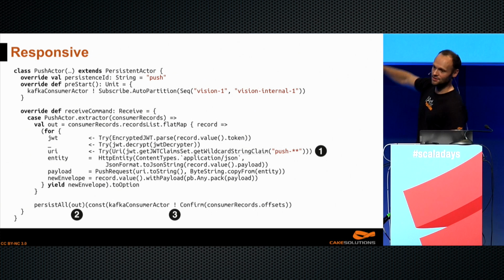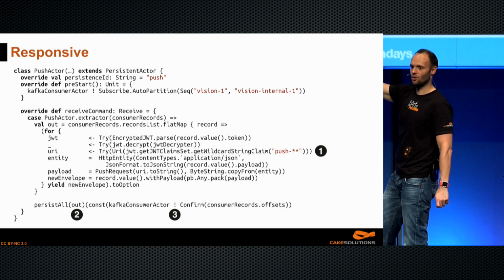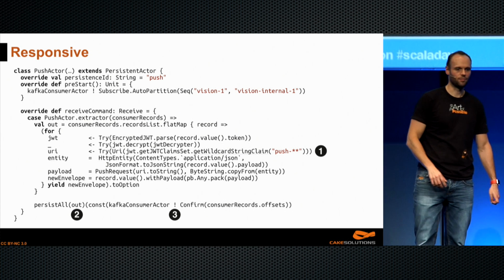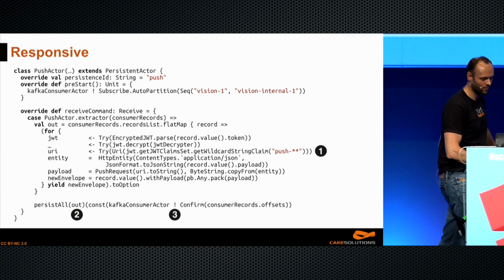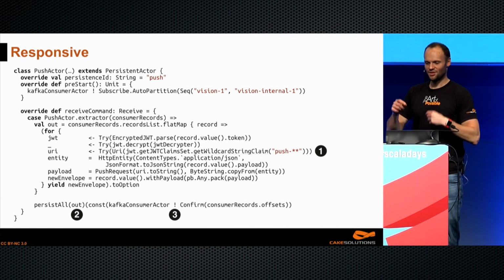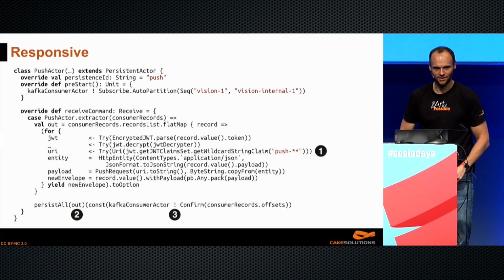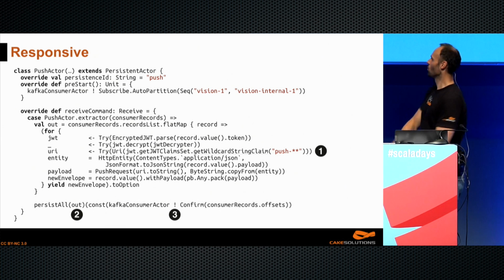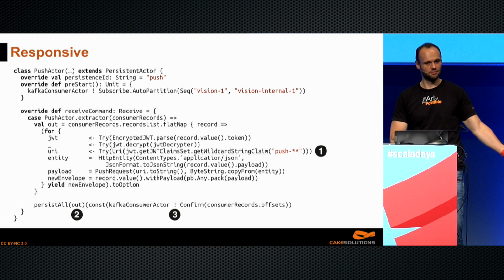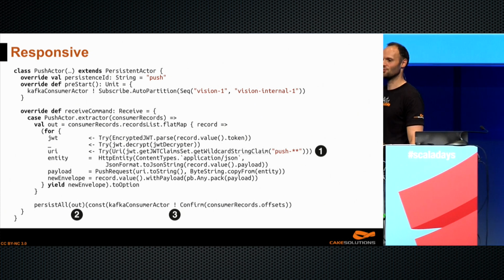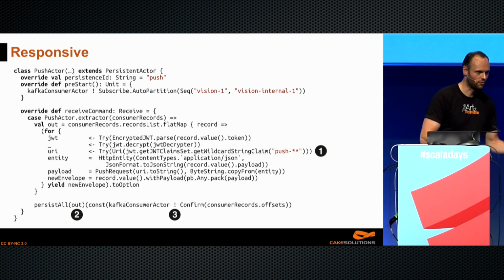We have this write side. So we've checked the claims, produced everything, persist all, that's standard Akka persistence. On completion, so when persist all of this collection of messages out, the stuff we're going to send to our clients, when it finishes, we're going to confirm to Kafka that we've received the batch of messages. So we're still resilient, we're still responsive, and we remain resilient because we don't lose the messages.